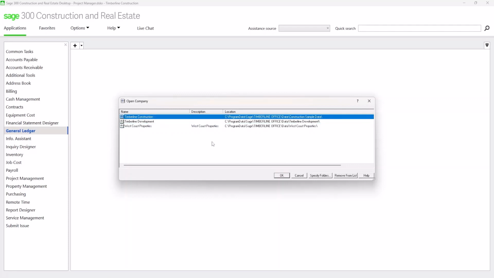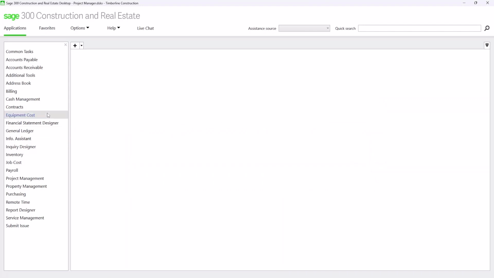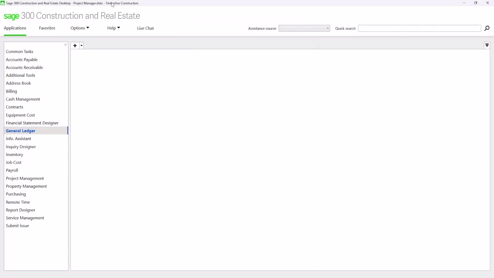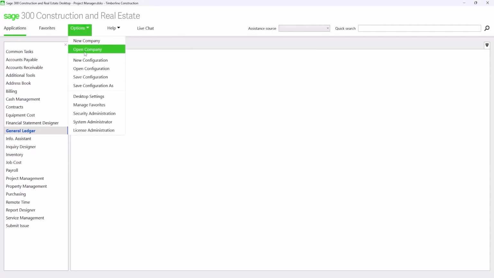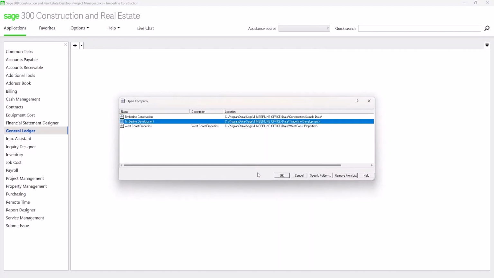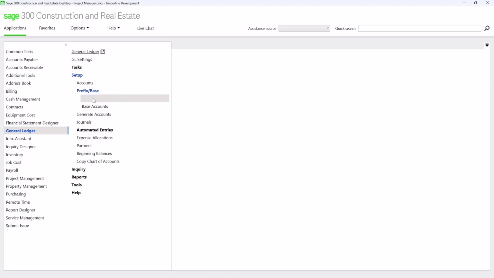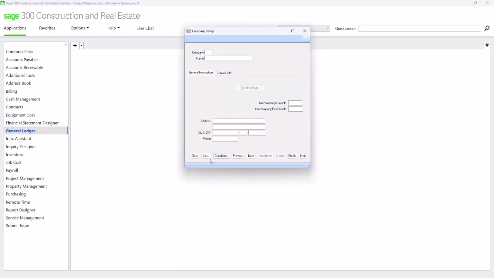In Timberline Construction, we have a prefix 10 that we're going to consolidate with a prefix 21 from the Timberline Development data folder. So again, prefix 10, company number 10, from data folder Timberline Construction will be consolidated with the prefix 21 or company 21 from the Timberline Development data folder.